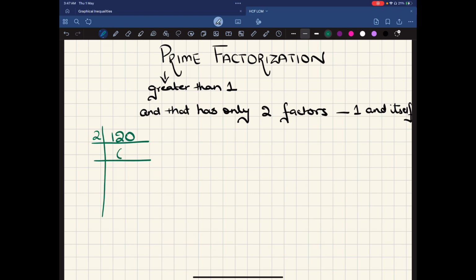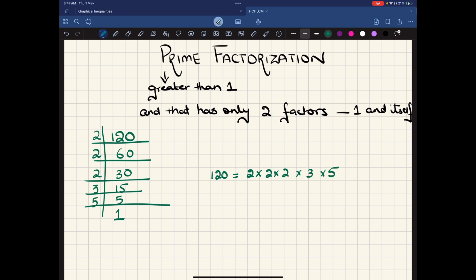What do we get? 60, 30, 15. It cannot be divided by 2, so we're going to choose 3 as the next prime factor. Then 5, and 1. So 120 can be expressed as 2 into 2 into 2 into 3 into 5,